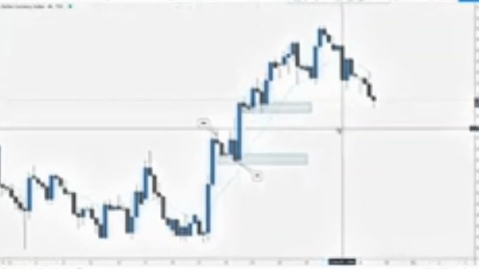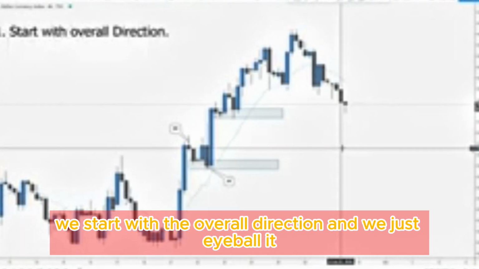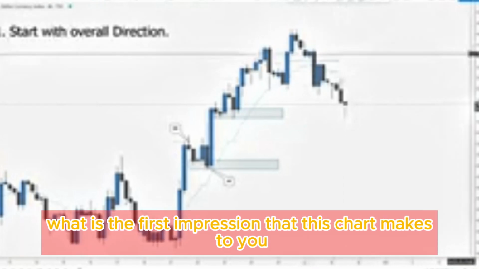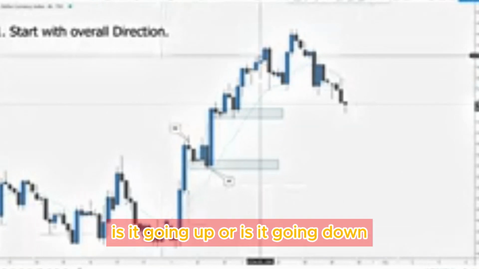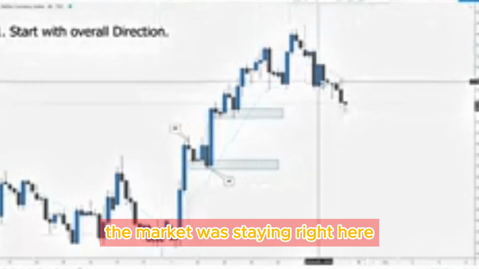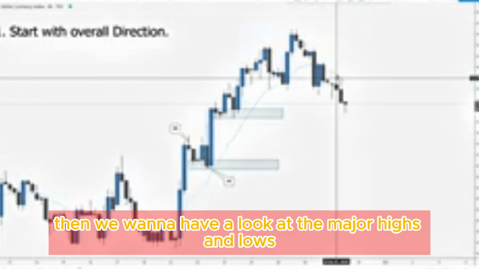Alright? So if I'm to recap what we learned up until now, first of all, we start with the overall direction and we just eyeball it. When you open your chart, what is the first impression that this chart makes to you? Is it going up or is it going down? In the morning when I saw this chart, the market was staying right here, so I said we are going up. First things first. Then we want to have a look at the major highs and lows,